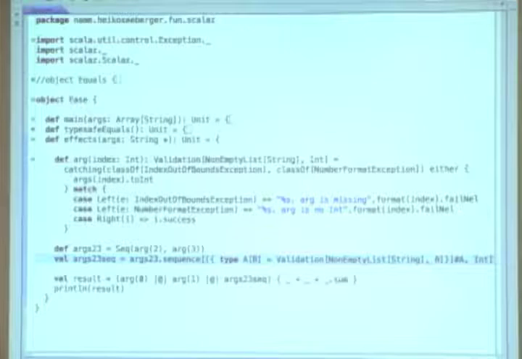Yes, of course. Now, while this is not really nice to write down, once you got your head around it, it doesn't take too long to get it right. Basically, what you define here is a type constructor for a validation where the first type argument is fixed to a non-empty list of string, and the second type argument is free.